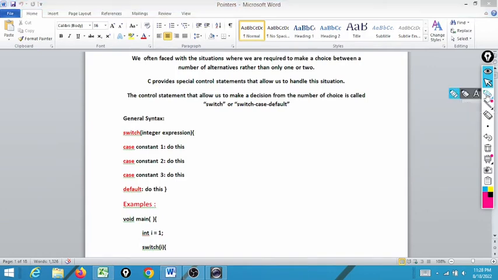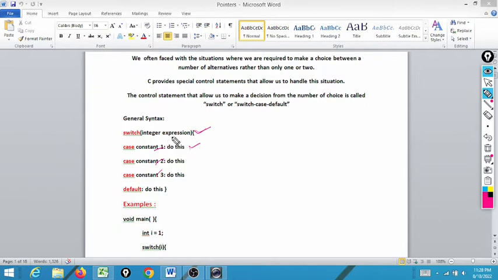Here, what we are writing is switch, then we have an integer expression. This integer expression will be compared with the cases: case 1, case 2 and case 3. If this integer expression is equivalent to constant 1, we have to execute this statement.